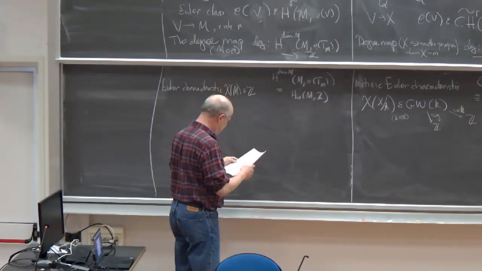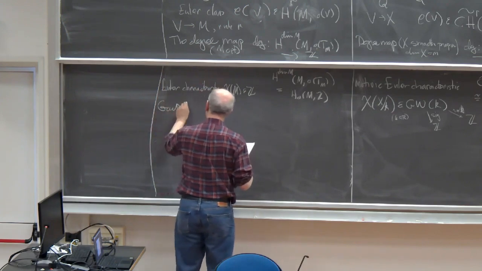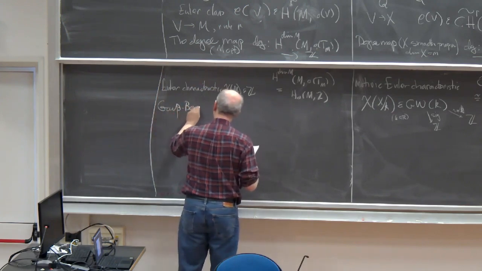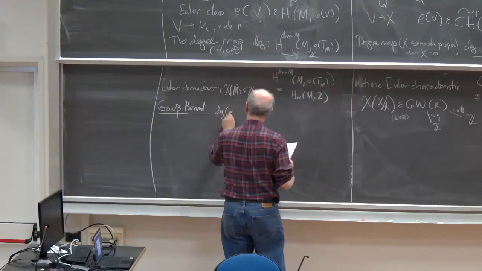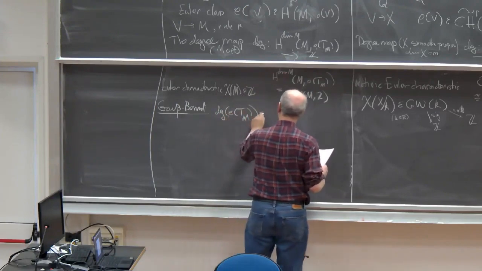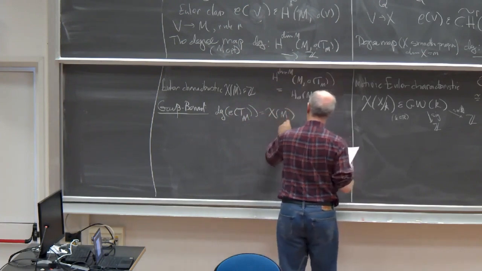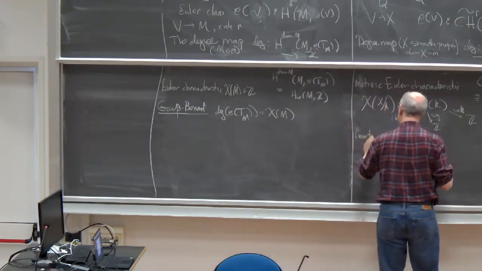All right. And then we have the Gauss-Bonnet theorem, which sort of puts these things together. It says the degree of the Euler class of the tangent bundle on your compact manifold is the Euler characteristic of the manifold. And here we have this motivic version,